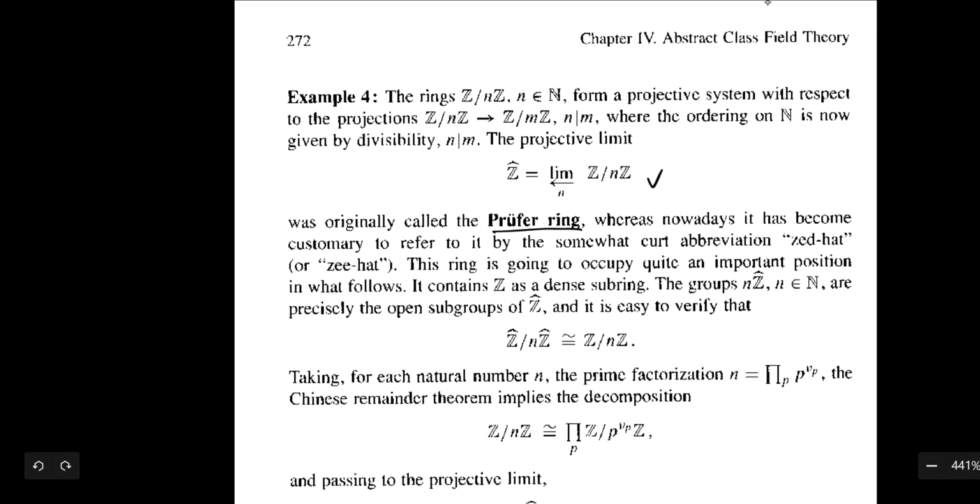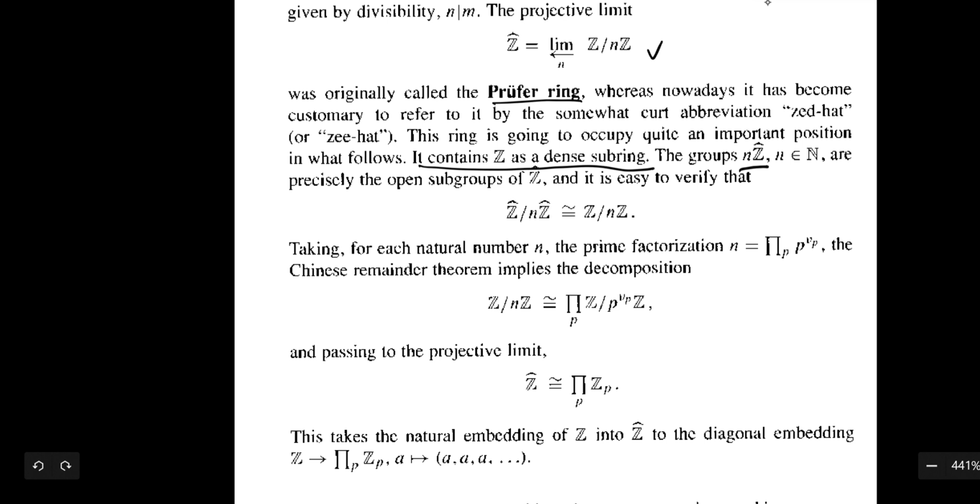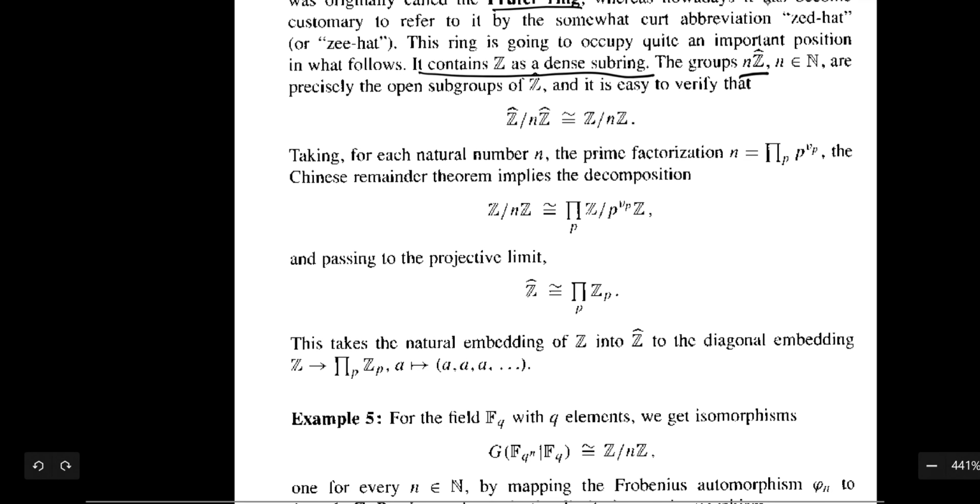The Prüfer ring is going to occupy quite an important position in what follows. It contains Z as a dense subring. The ideals in Z hat are precisely the open subgroups of Z hat, and it is easy to verify that they are of finite index. Taking for each natural number its prime factorization, the Chinese remainder theorem implies the following decomposition, and passing to the projective limit,